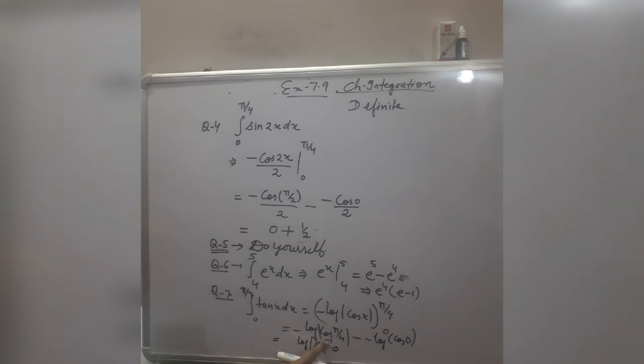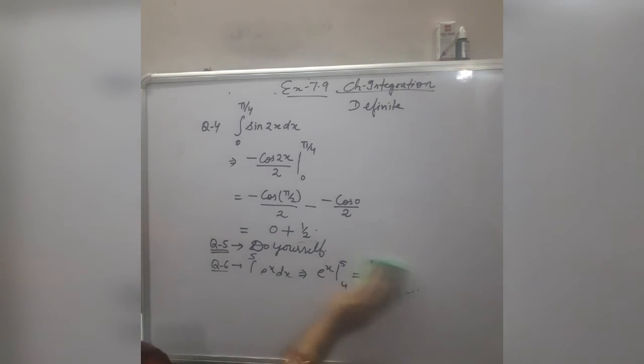If power is minus 1, then you can take the reciprocal of this term. So when you simplify this negative power, it becomes the reciprocal of 1 by root 2, and the reciprocal of 1 by root 2 is root 2. So the answer is log root 2, or you can further simplify it. Root 2 can be written as 2 raised to power half, and one formula is there, log m raised to power n can be written as n log m. So you can write this root 2 as 2 raised to power half, and then take the half in front, meaning the answer becomes half log 2.